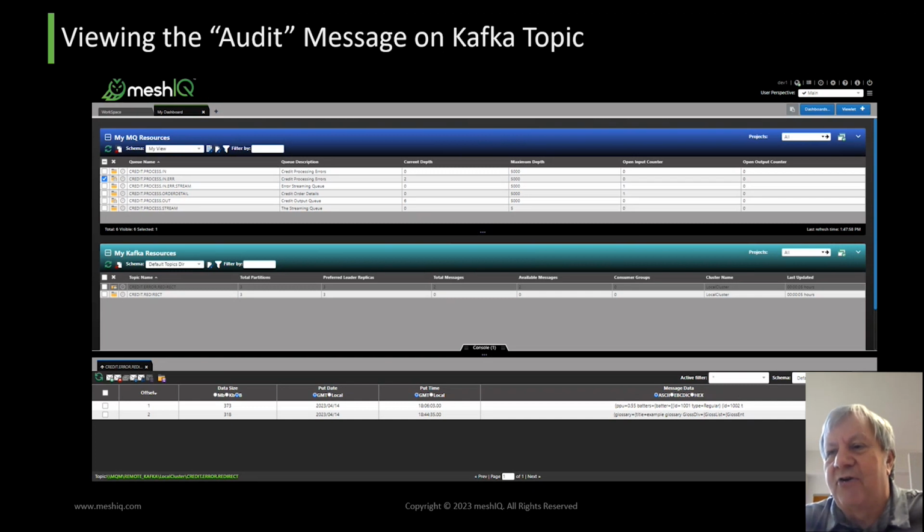Kafka is a great resource for keeping a lot of messages for a longer period of time, right? So it demonstrated that. It might have been a Kafka application as well that ultimately is going to read that message. But the key is, we've now taken an MQ message that originally had no destination, was not targeted to go to Kafka in any way, and we're now consuming it in a Kafka environment.